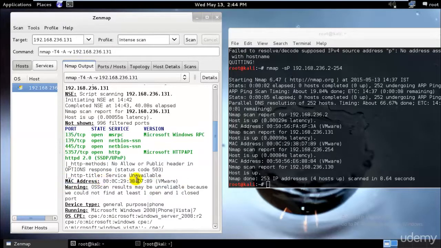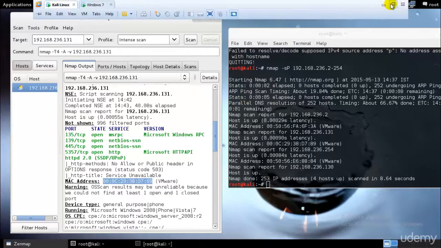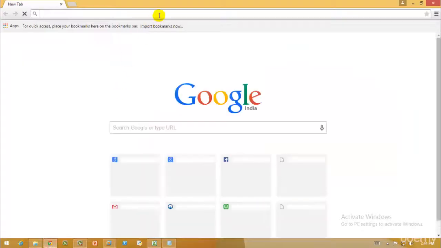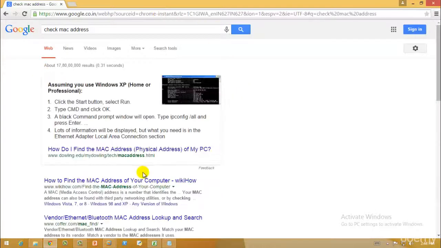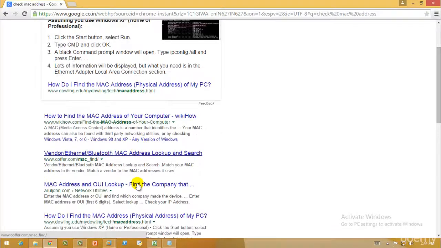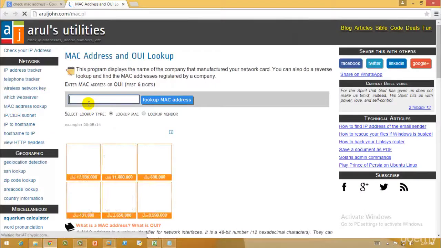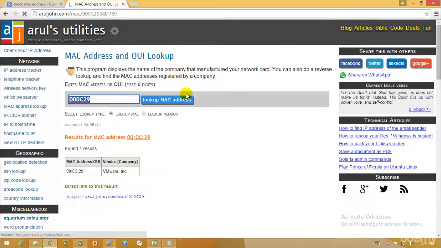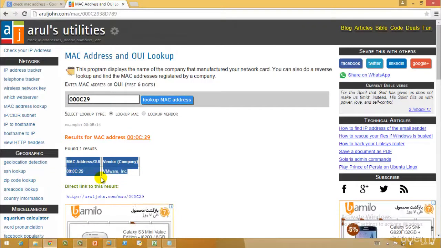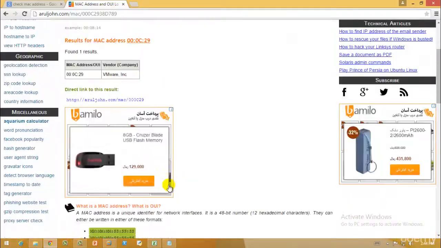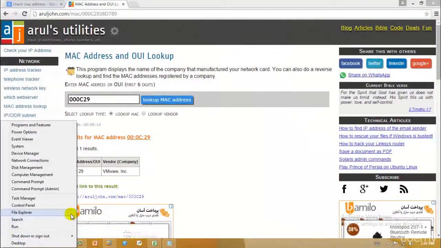It's specifically showing that. If you don't know which company's MAC address this is, you can copy it and check it over the internet. You can find a MAC address company lookup and type it in. Probably it will not be able to find... yeah, it's perfect. That means anything starting with 00:0C:29 belongs to VMware. If I go ahead and check it over here,